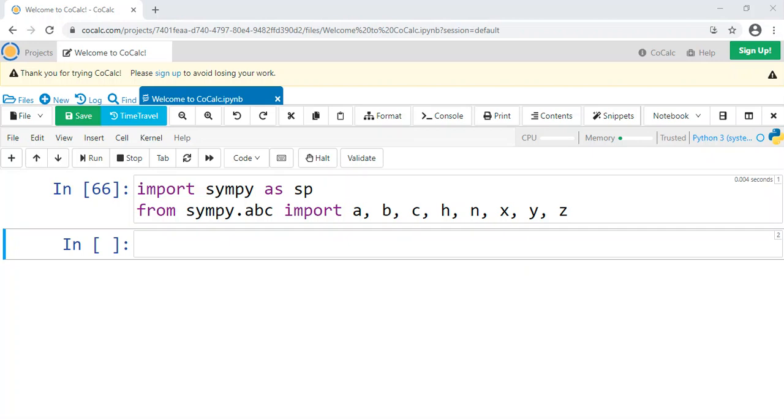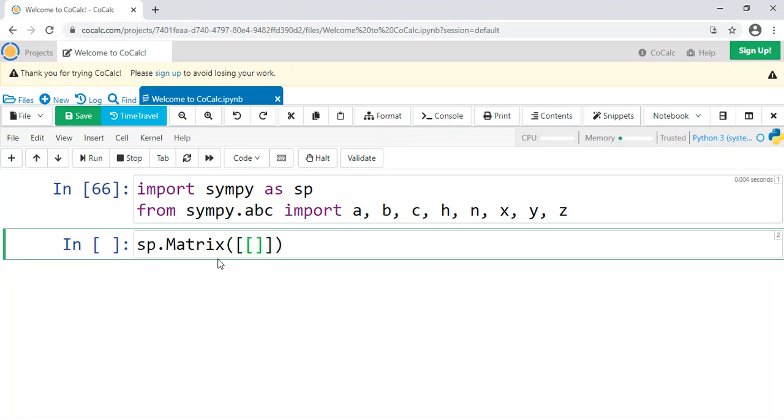I won't belabor it, but if you want to make a matrix in SymPy, it's not super intuitive, but it's fairly straightforward once you see it. It's sp.Matrix. The function's called Matrix, so note the capital M. And then inside the parentheses, you do brackets for a list. And then inside that list, you do another series of separate brackets for each row.